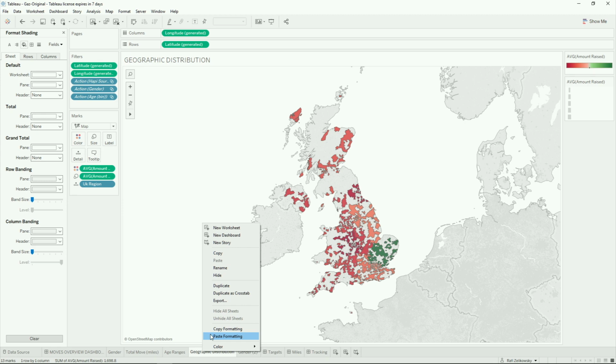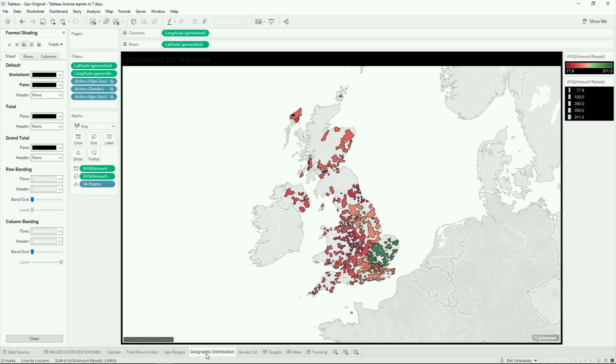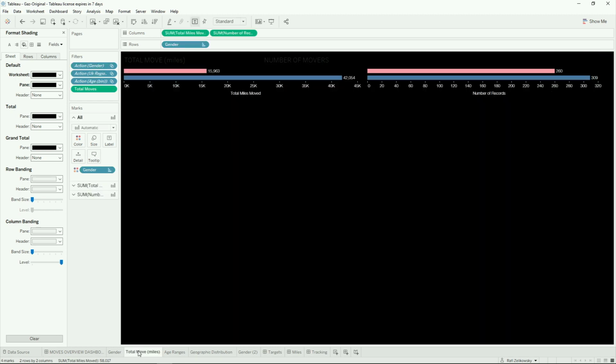Who watched Iron Viz yesterday, by the way? Cool. So actually, one of the contestants I noticed during it was using copy-paste formatting. So it actually is used by people, and it can save you a lot of time, especially when you're making something highly customized. If you haven't watched it, you should definitely go watch it. It is very cool.